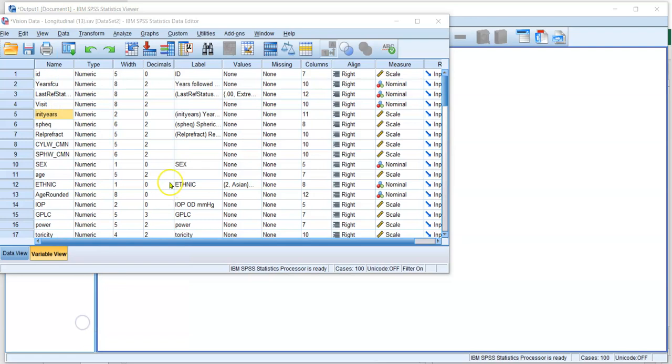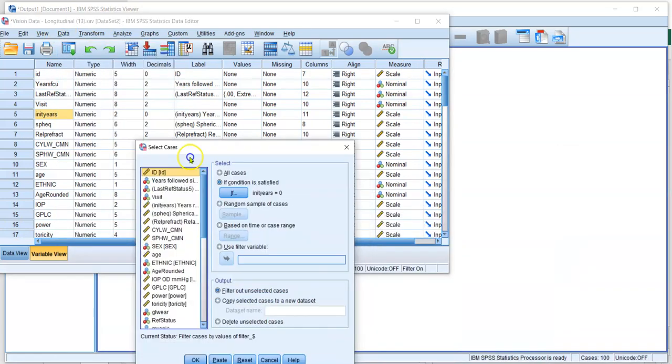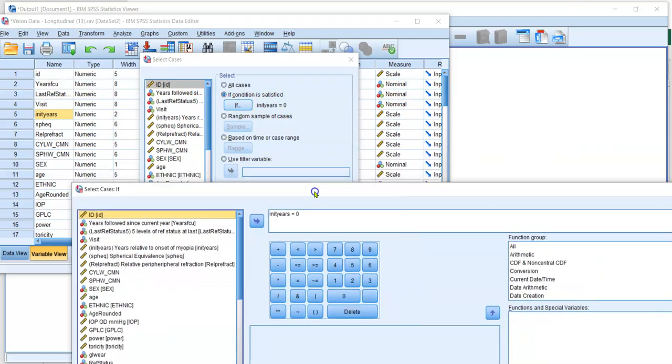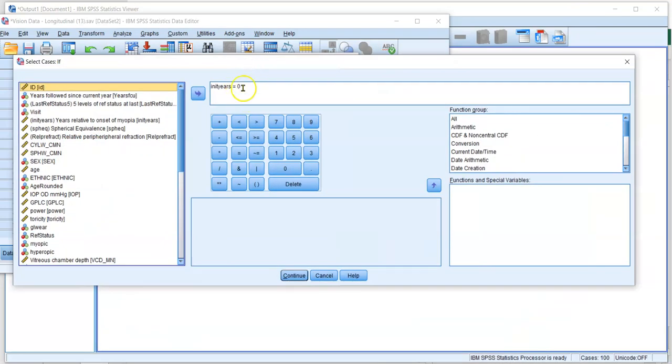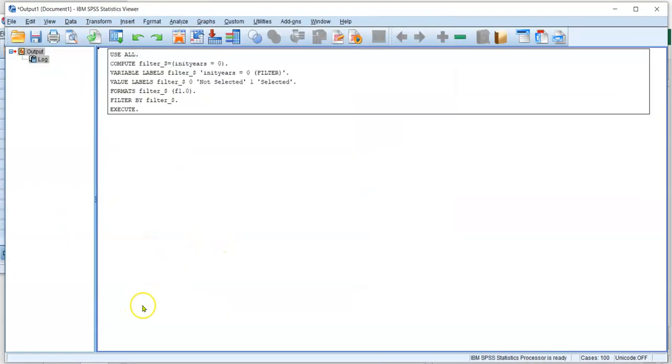So we're going to go to Data, Select Cases, and let's try that again. We're going to set our condition to if condition is satisfied, if init years equals 0. So that means this is the year the child was diagnosed with myopia. So init years equals 0. And then